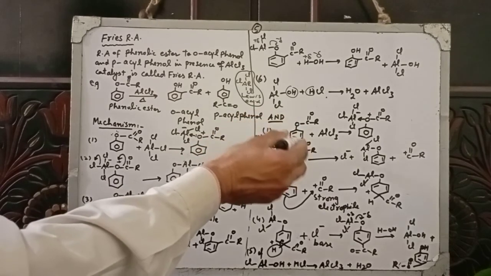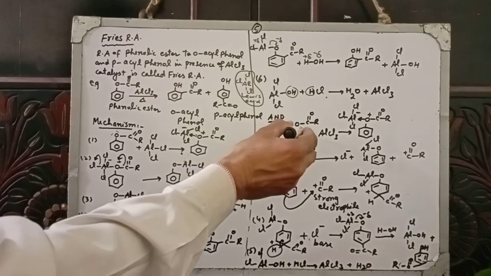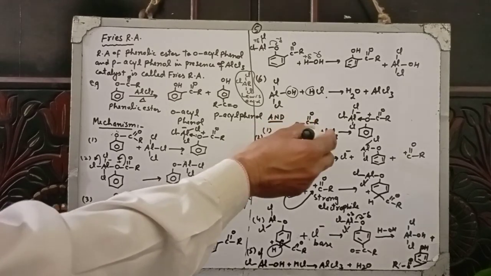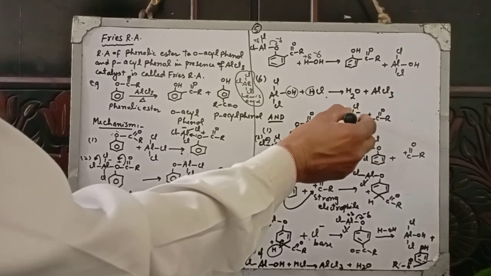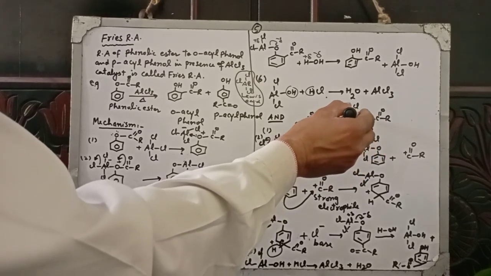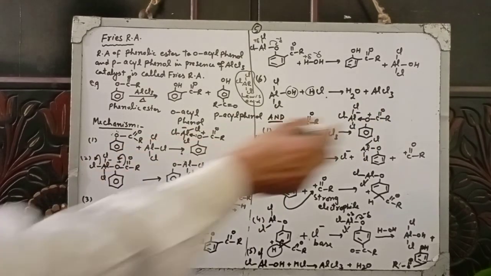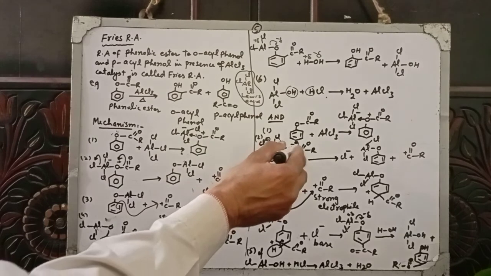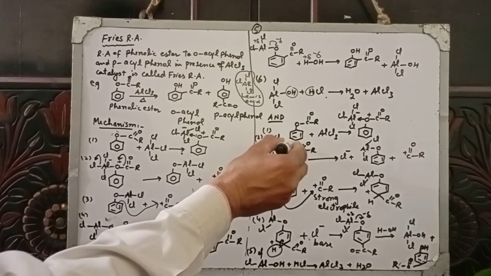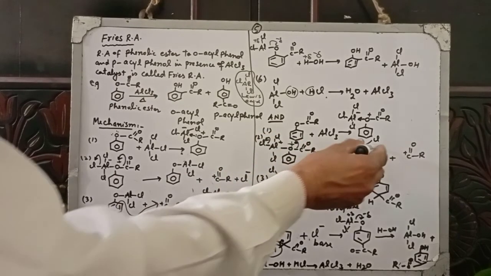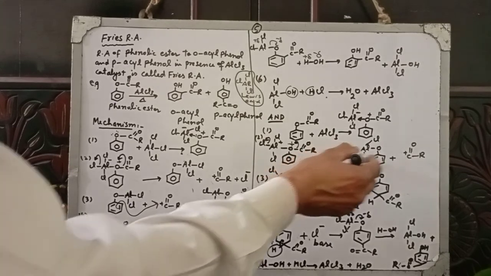And as on the ortho position, a similar mechanism is repeated on the para position. This phenyl alkyl ester reacts with AlCl3 to give the addition product. Cl negative will give electrons to aluminium. Aluminium will develop a negative charge and oxygen positive, like the first step we have already mentioned. In the second step, this oxygen withdraws electrons because it is positive and becomes neutral. The C-Cl bond will also withdraw electrons, and Cl is lost as Cl negative.